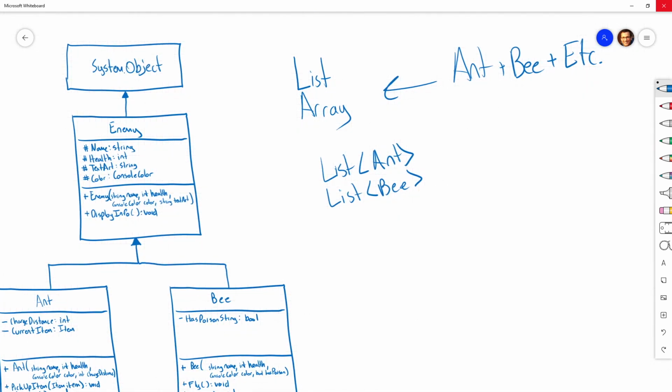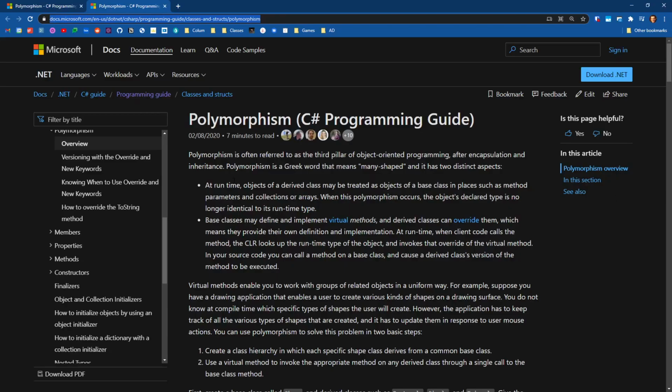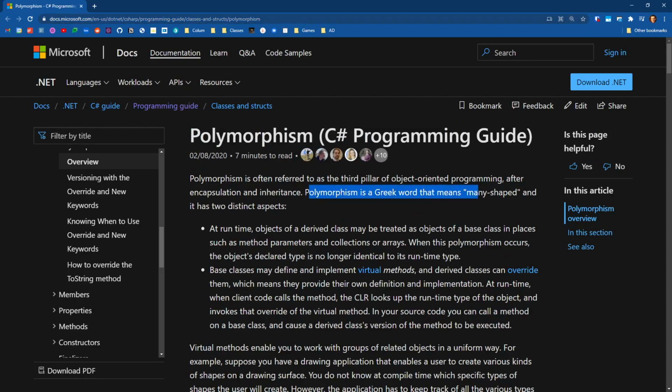So we're going to turn to the documentation from Microsoft here. And I know that the documentation is not always beginner friendly because it wasn't written for an intro to programming class, but it is really important for us to practice trying to parse out this documentation. So polymorphism, we can see here, Greek root, many-shaped, like we were just talking about, and it has two important